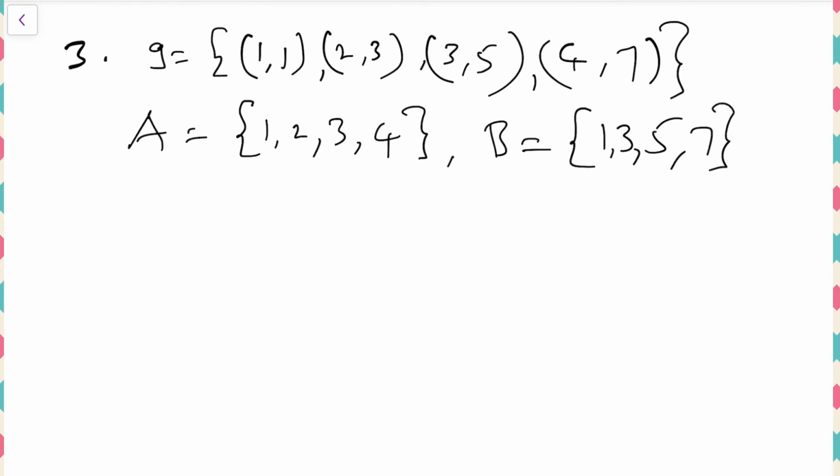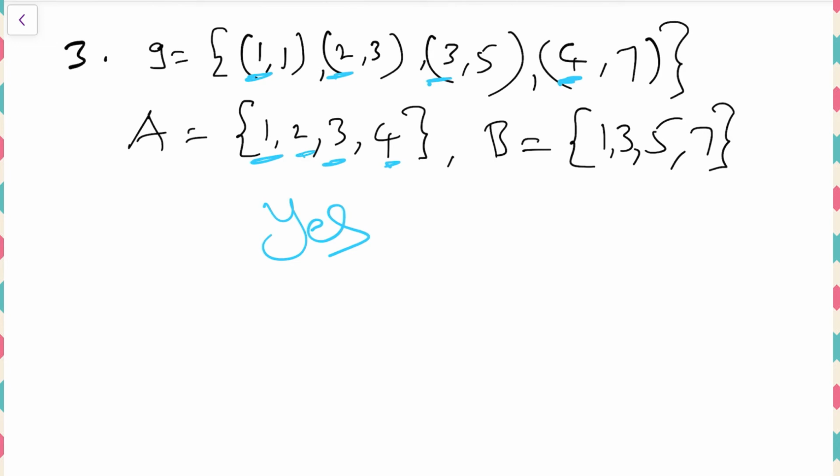So the first question he is asking is, is g a function or not? A function is nothing but every element from the set A should have some connection. 1 is there, 2 is there, 3 is there, 4 is there. Of course, it has connection. Every element of set A should have a unique image. Of course, it is like that only. So we can conclude that yes, g is a function from A to B.